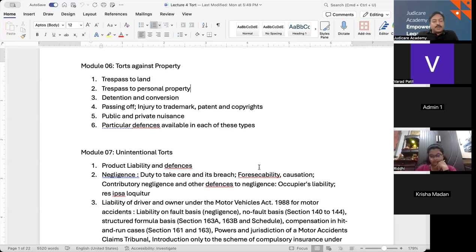Just a small addition to this for knowledge. The vertical airspace is only up to a few meters, within which you have legal rights over the vertical limit of the property. Above and beyond that, it is the property of the government. Now, there are defenses also. If we talk about trespass, we have been talking about defenses in all the other chapters. There are some defenses you could take in case your client has committed a trespass and you believe it is not a trespass, or you want to prove it is not a trespass.